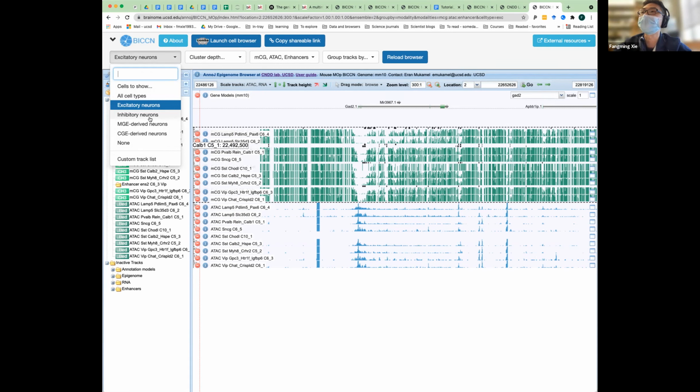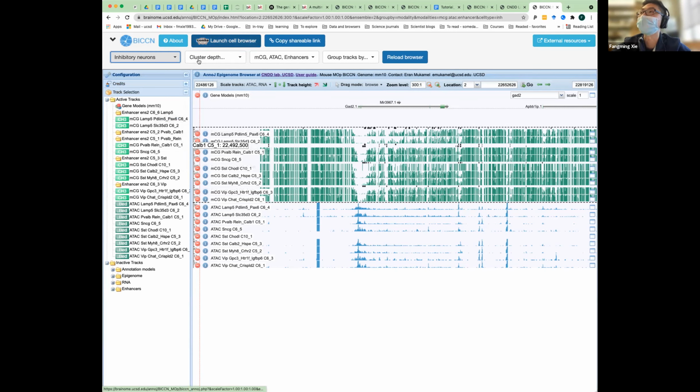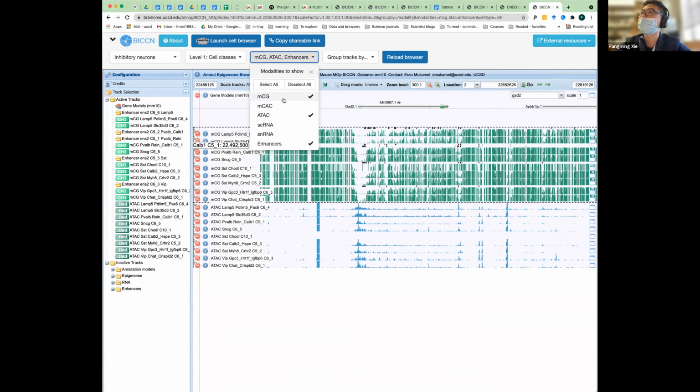For example, if you want to select inhibitory neurons, you can do that. Cluster depth means how granular you want to show different cell types. We know that cell types are organized in a hierarchy, and you can have broad-level cell types and fine-level resolution. Level 1 is broad, level 2 is finer. And for modalities to show, here we clicked mCG, ATAC, and enhancers. I'll talk about that in a second.